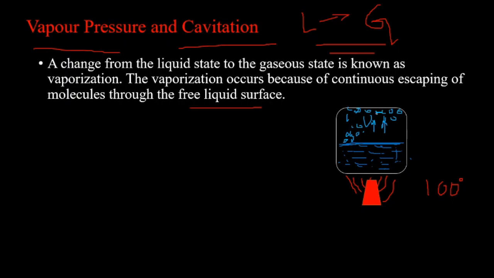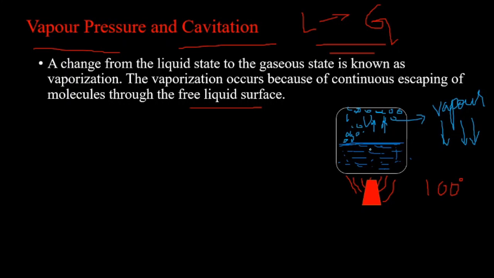So these accumulated vapors exert pressure. These accumulated vapors exert what? Pressure on the liquid surface. Okay, these vapors exert pressure on the liquid surface, and this pressure is known as what? Vapor pressure. The pressure exerted by the vapors on the liquid surface is called vapor pressure,